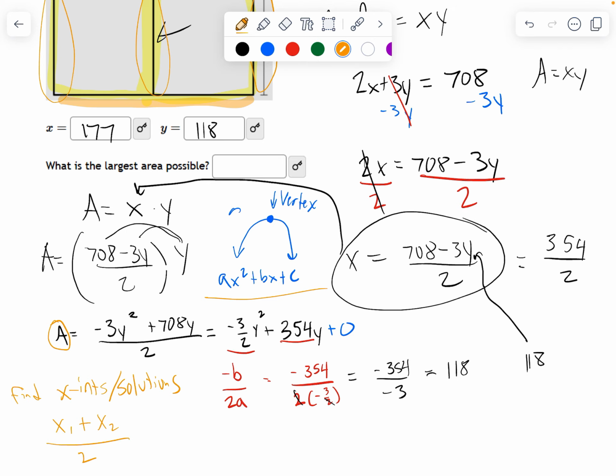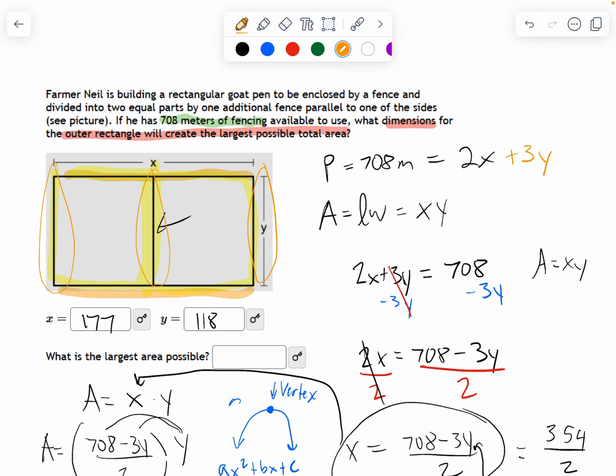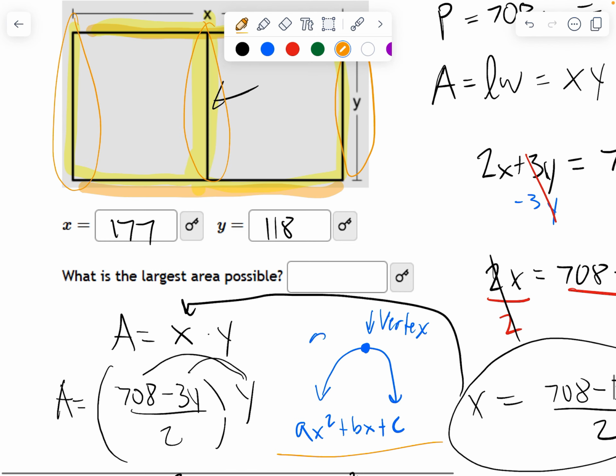All right, so there we go. So we have our 2 dimensions. We know the width and the length of what this goat pen is going to be. So now we just need to figure out what is the actual largest possible area. Well, we know that these 2 dimensions will give the largest possible area, and that area is x times y, or in other words, length times width. So this is just going into your calculator, 177 times 118, or in other words,